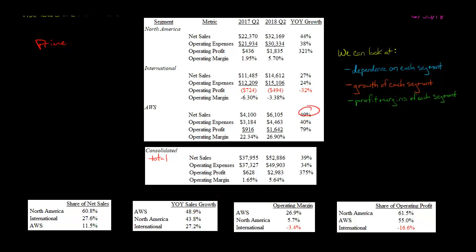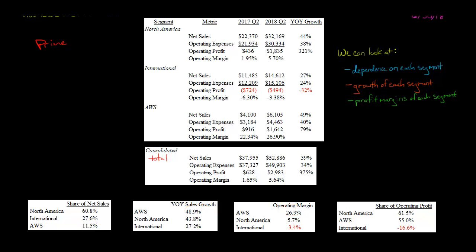Now, again, when we think about the growth and we want to rank the growth, here I had 49%. Here I broke it out to 1 decimal point. It's the same thing, though, 48.9% or about 49% growth for Amazon Web Services. I've ranked it so you can just see how they compare. We've got Amazon Web Services is number 1 on growth, right? So even though it's the smallest percentage of sales in the current period, right? And we think about second quarter of 2018, it just makes up the smallest share of Amazon sales, but it's growing the fastest, has the highest operating margin.